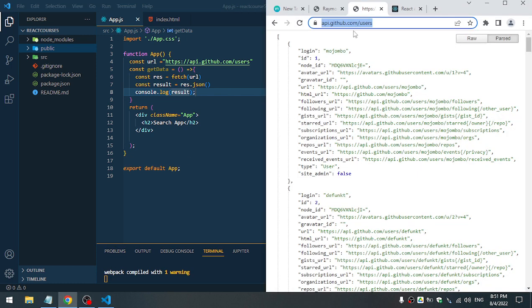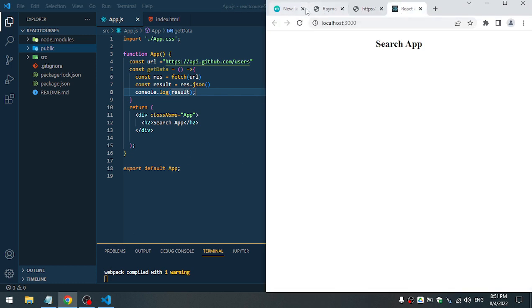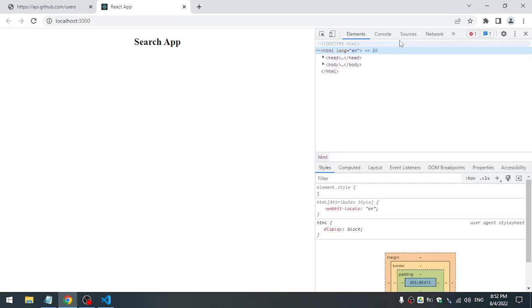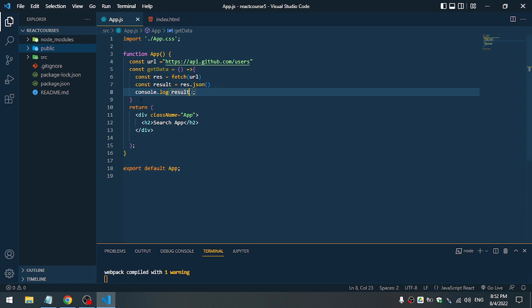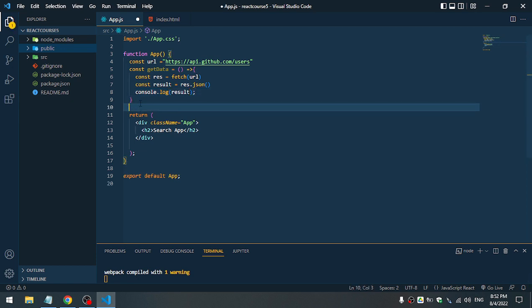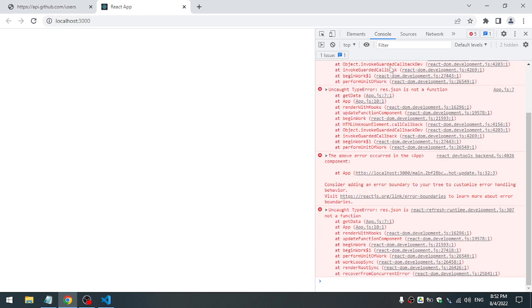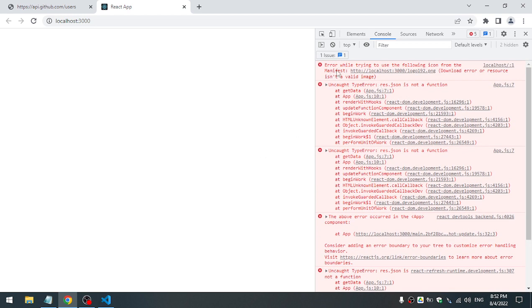Now when we go to the browser and we open up our application there, then right click, then click on inspect, then go to the console. We see that we still don't have that data there. So reason being, we haven't called this function here, so we can just call it which is get data, then save the changes. Okay, so you see we have an error which says error or trying to do that response.json